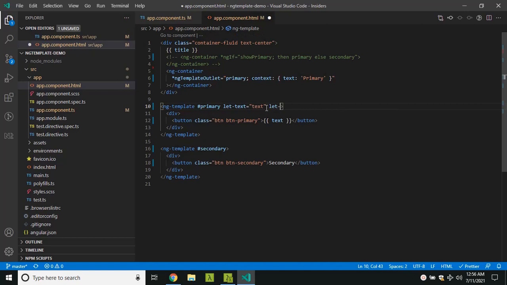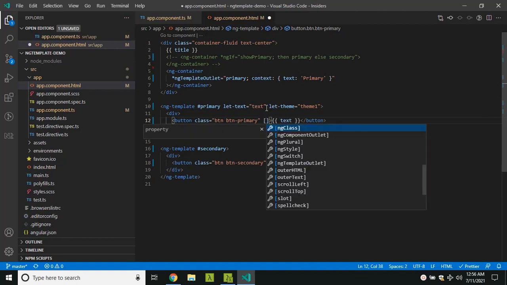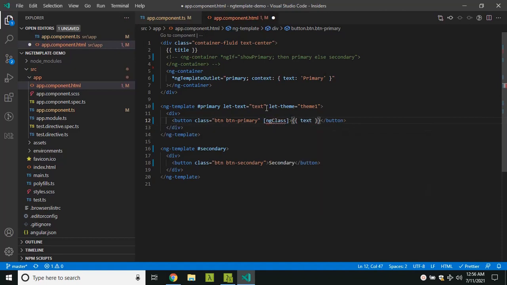So I am setting another one called theme. So I can give a different value here. So I am adding an ng class.